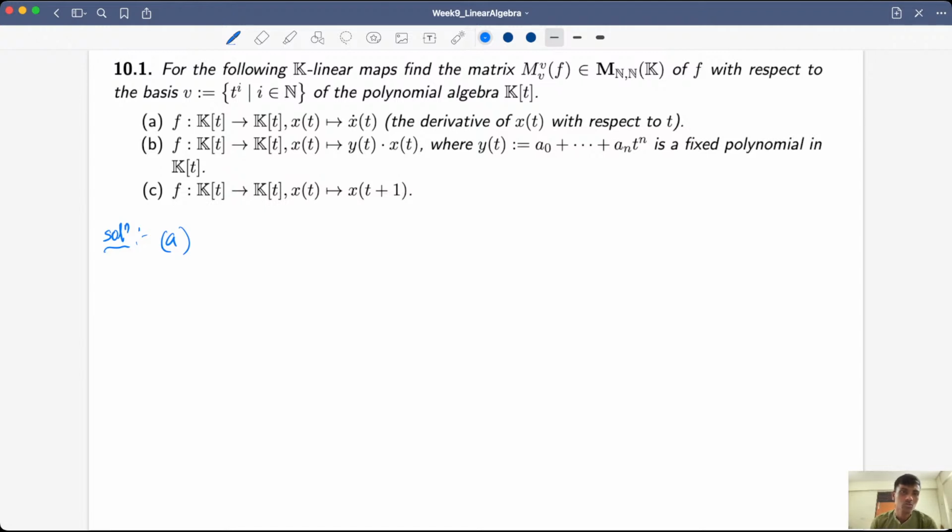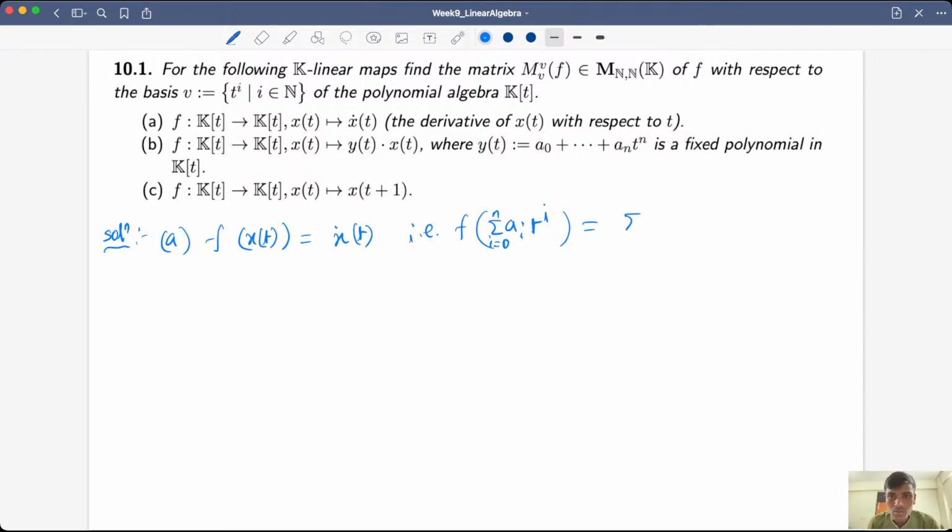So this map f of x(t) is defined as x dot (t). That is, if I take f of the sum of a_i t power i for i equal to 0 to n, then it is sent